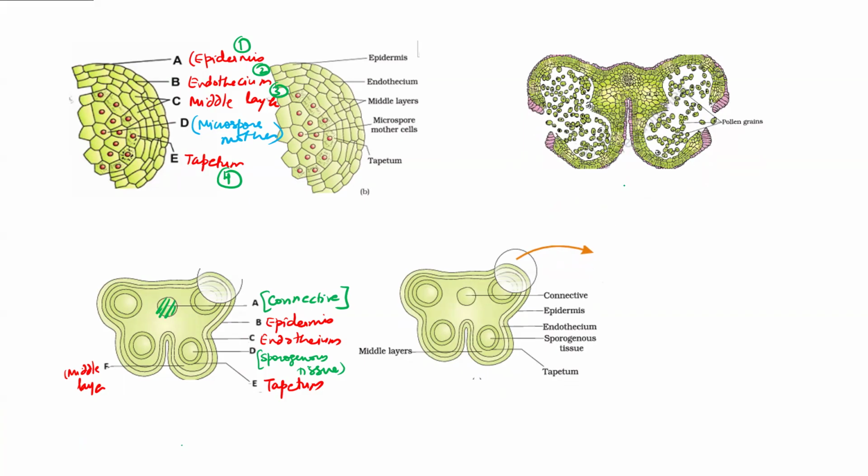This is the diagram of a mature, dehiscent anther. It means the anther has gone for dehiscence from the line of dehiscence to release pollen grains. And if you see what this one is, this is the stomium. Stomium is the line of dehiscence. Clear? In the mature dehiscent anther, you will find only 2 layers present. Which 2 layers? Only epidermis and endothecium. The middle layer and tapetum will not be seen in the dehiscent anther. Please understand the question carefully. This is the mature dehiscent anther. I hope this much is comfortable.